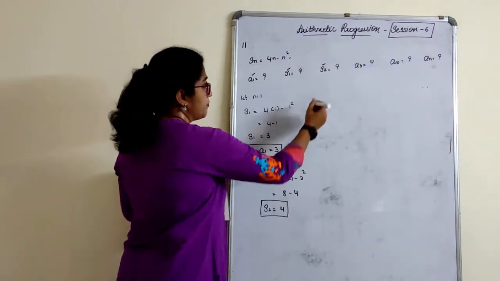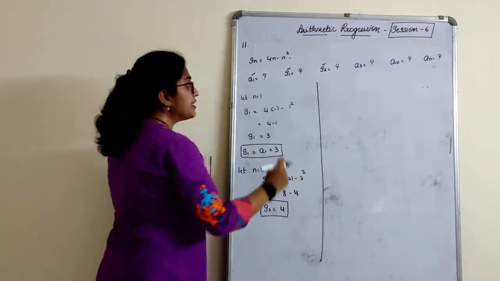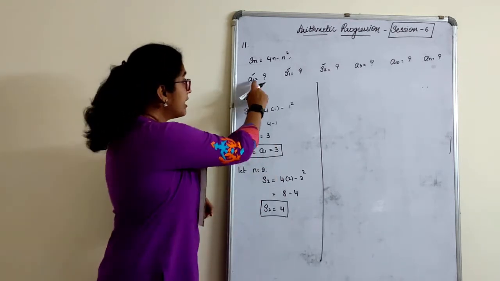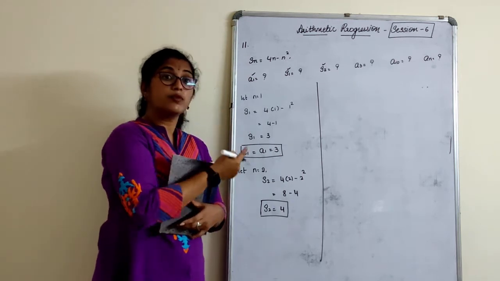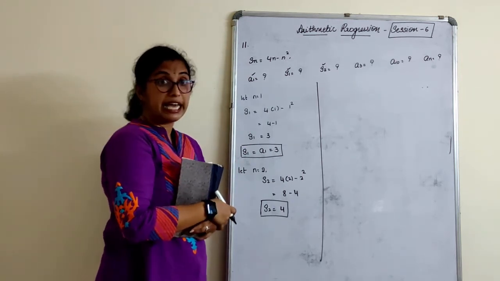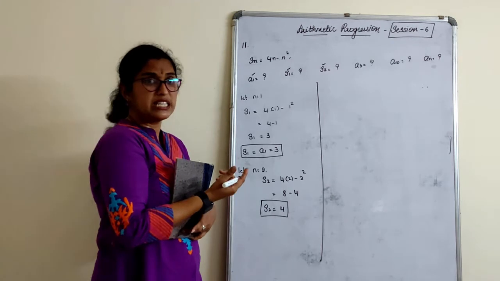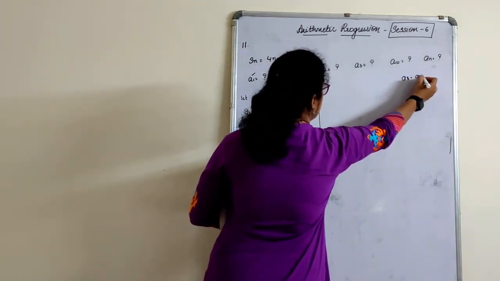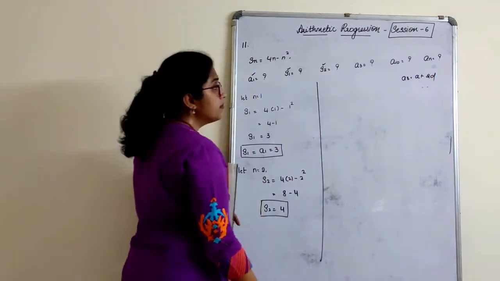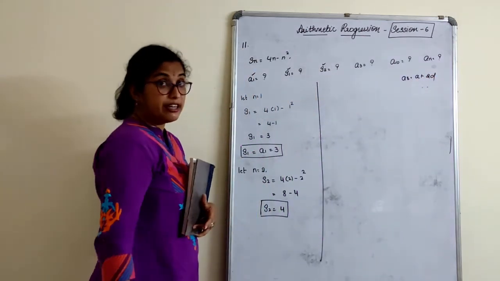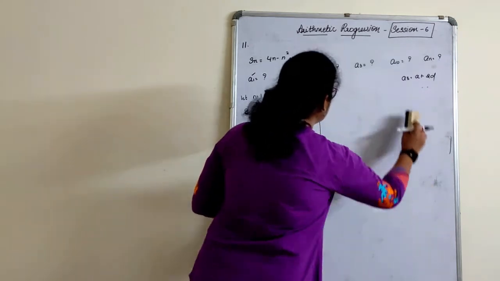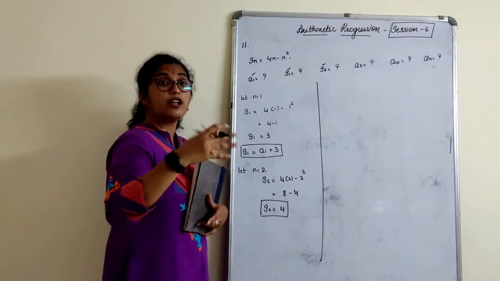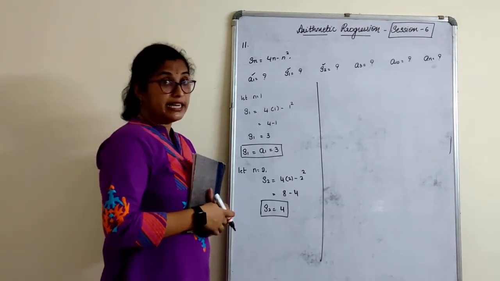We found S2 also. S2 also is done. Now we need to find A3, we need to find A10 and An. We can't be substituting in this because this is the sum to nth term formula. How to find A3 now first of all? What is A3? A3 is written as a plus 2d, right? But we know what is a. d we are not aware. To find d, at least we should know two terms of an AP. Common difference, A2 minus A1. So let us find A2 now.